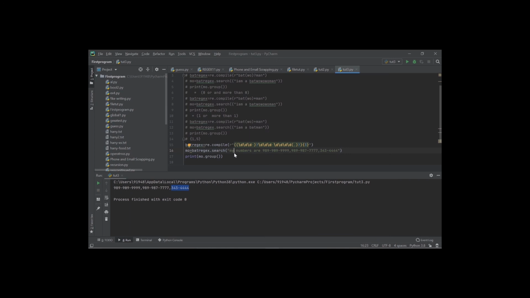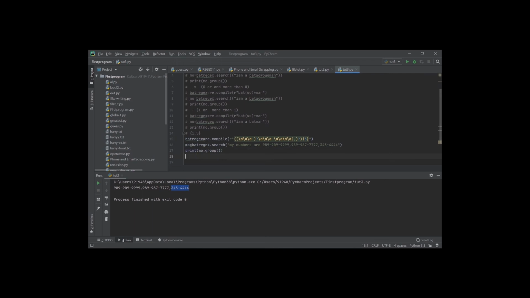And now I am going to teach you about greedy and non-greedy matching. What is greedy and non-greedy matching? Now let us run a program to teach you about greedy and non-greedy matching. Okay, let me comment this program first.